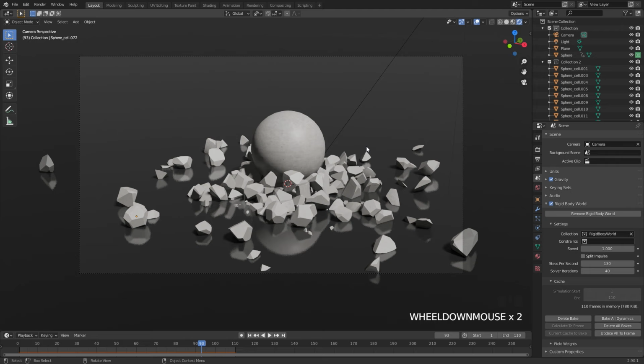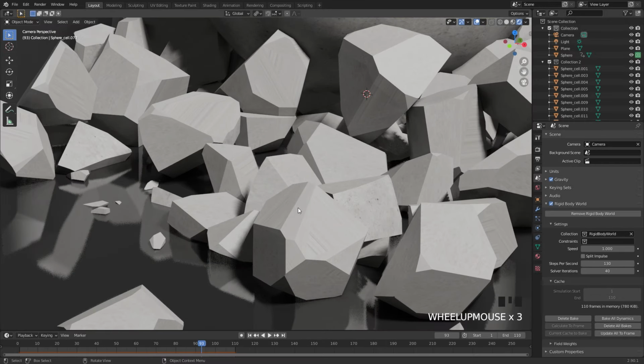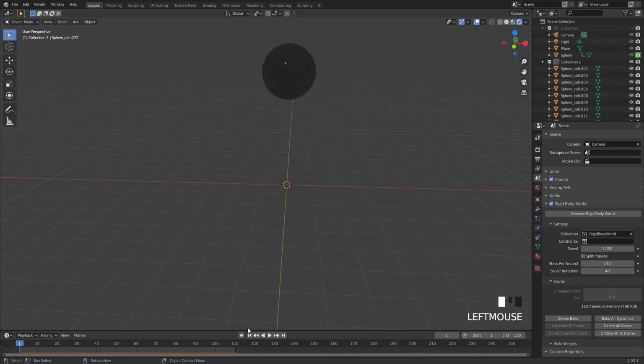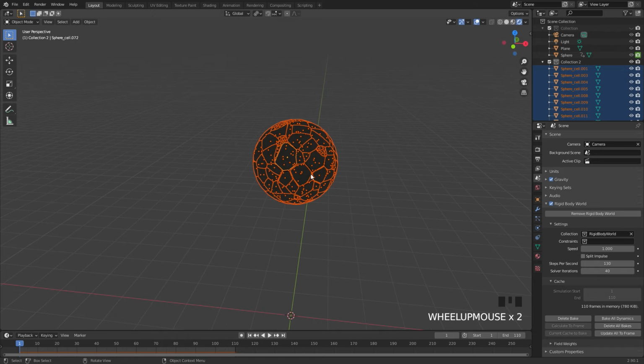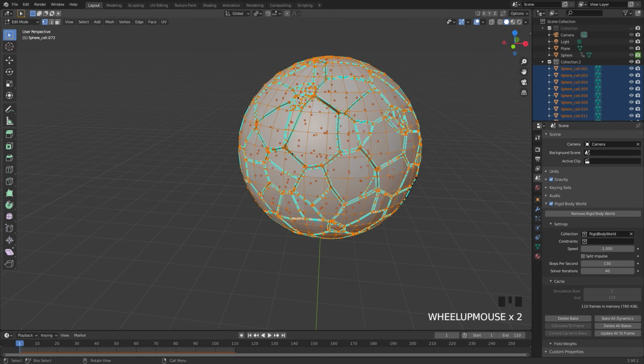Alright, I have set up a quick basic scene with some materials and some lighting, and I noticed though if I zoom in on the inside of our pieces right here, you'll notice the texture is very stretched. In order to fix that, we need to UV unwrap our object again. If we go to the second collection, I'll restart, box select all of those. What we need to do is go into edit mode,